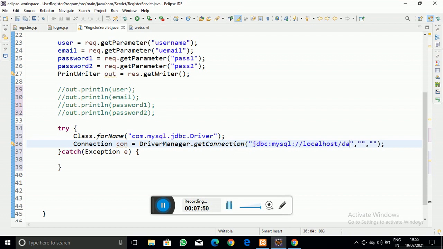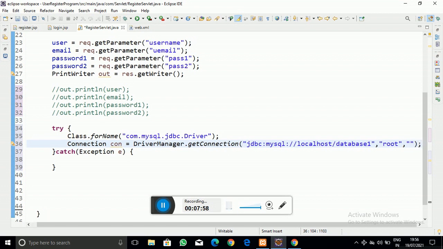I'm giving the database name as database1, and in this case my username is root and the password is nothing in my case, for the MySQL database. So now we have created the connection string.